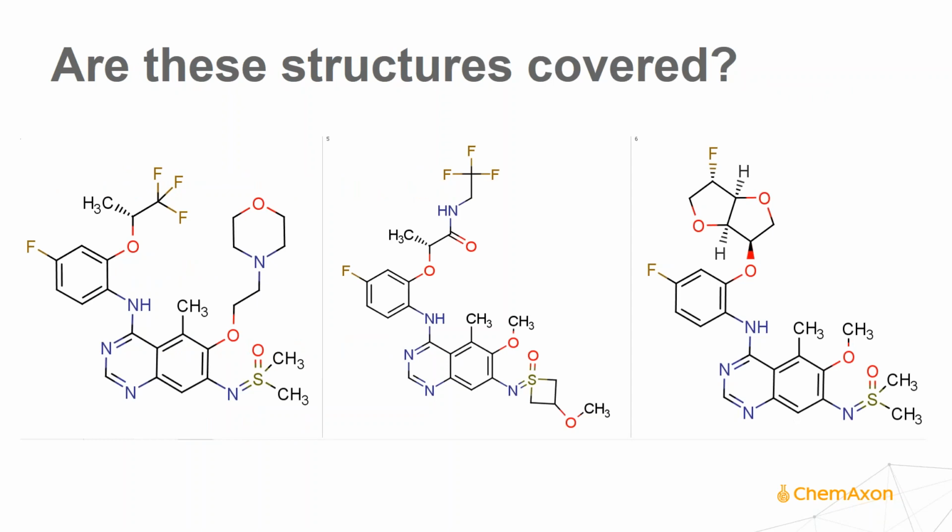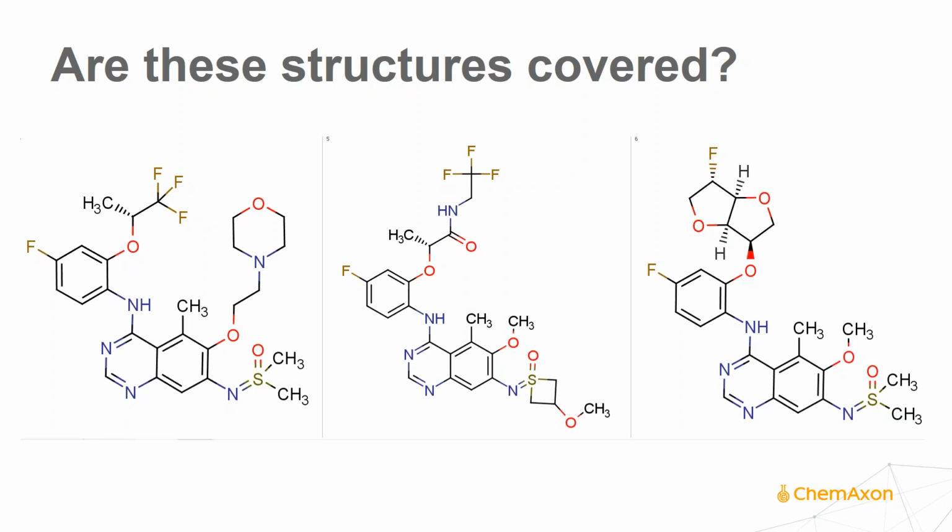So my question is here, which structures are covered? All of them from the exemplified structure list of the compound. All of them seem relatively similar. All of them